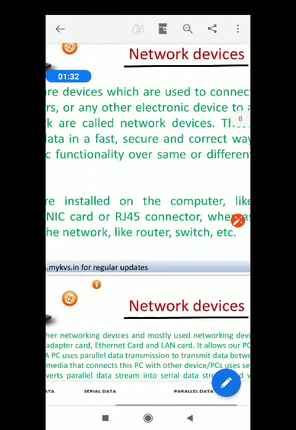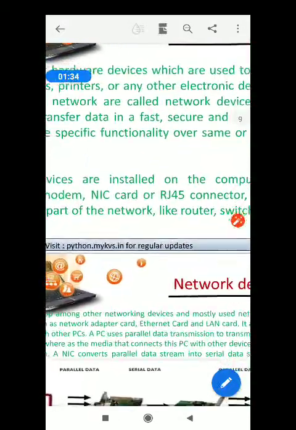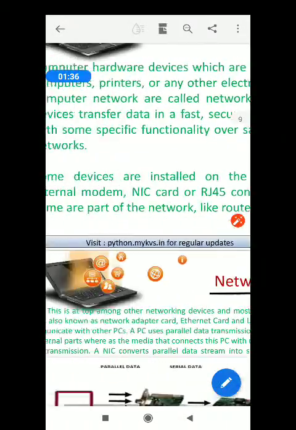Write down few names of network devices that are installed in our computer.